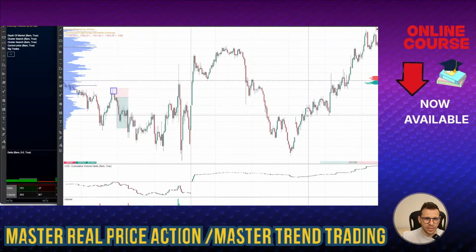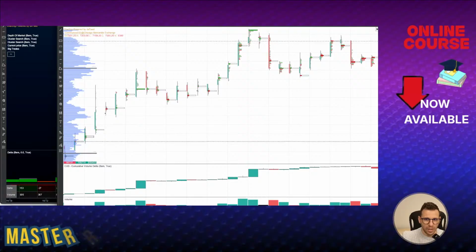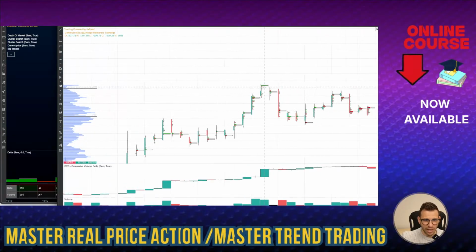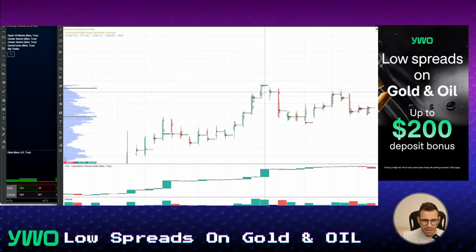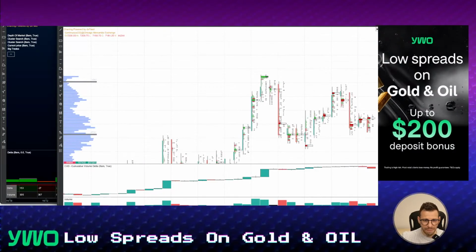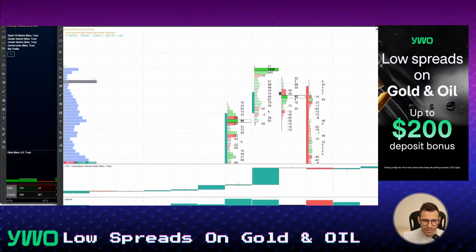So this is the 5-minute chart. I want to share with you something that happened at this level here, about an hour ago, at the key level of resistance. Look at this one here. The market